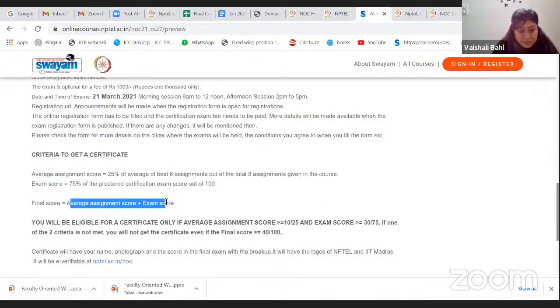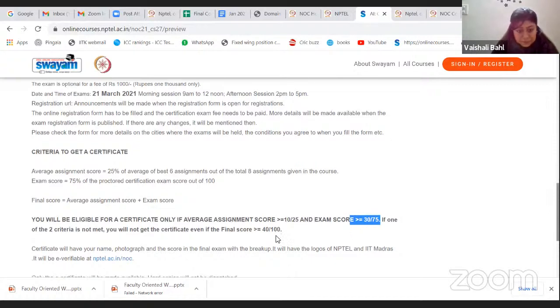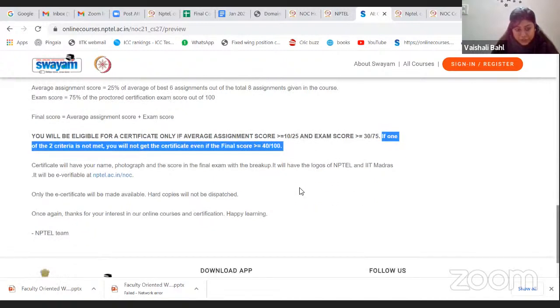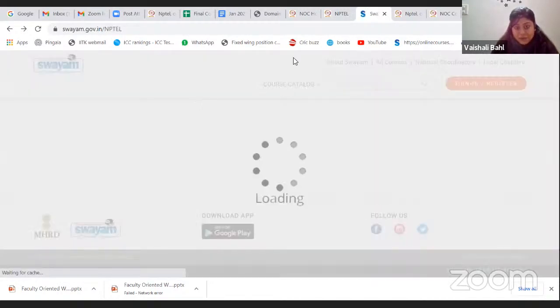That means the average assignment score plus the exam score that you're giving. Which implies that your assignment score has to be more than or equal to 10 out of 25. And your final exam score out of 75 should be greater than or equal to 30. And if one of these two criteria is not met, or your final score is less than 40 marks, you won't get a certificate. You need to score above or equal to 40 marks out of 100 to get a course completion certificate. The certificate will have your name, will have your photograph, and